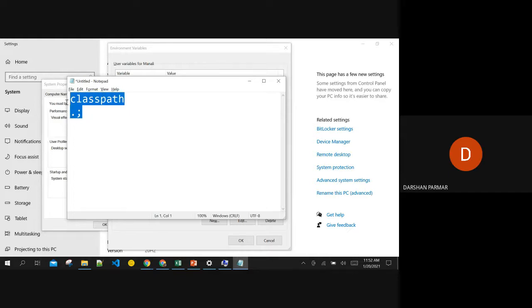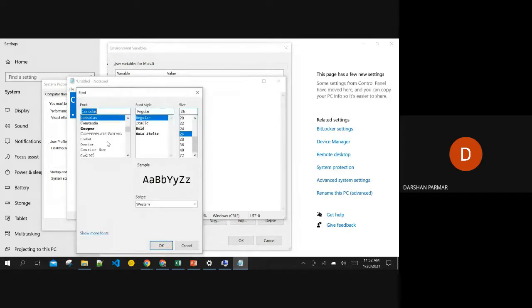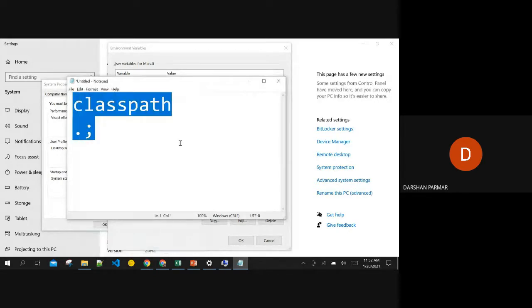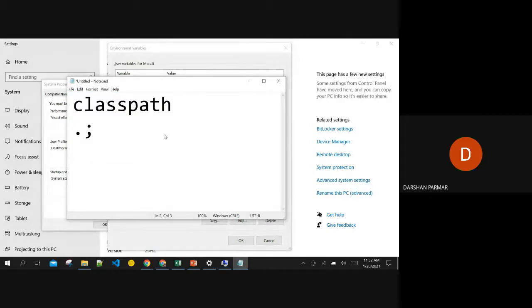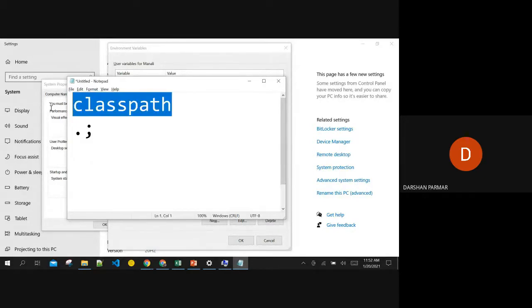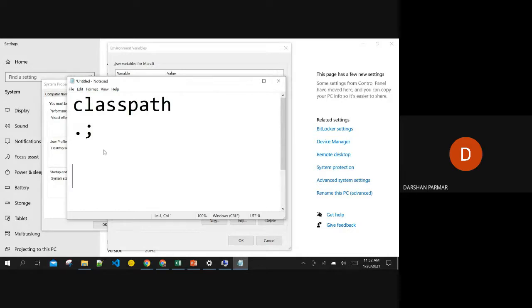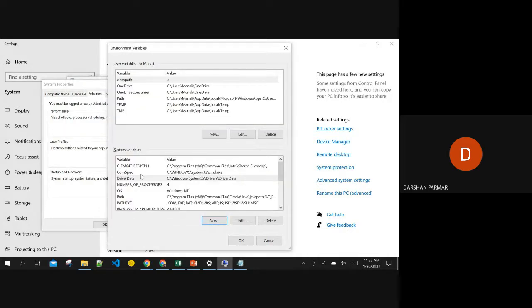I'm going to increase the fonts also. Able to see properly now? This is path number 1. Variable name, variable value. Path number 2 goes in system variables.